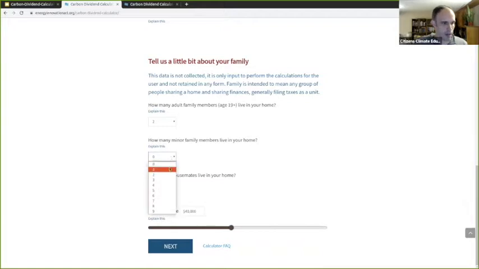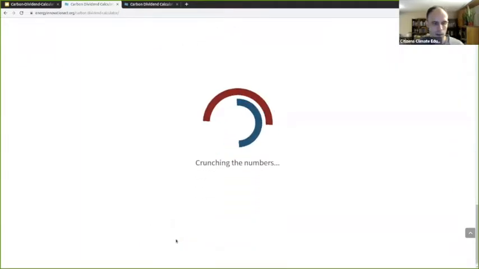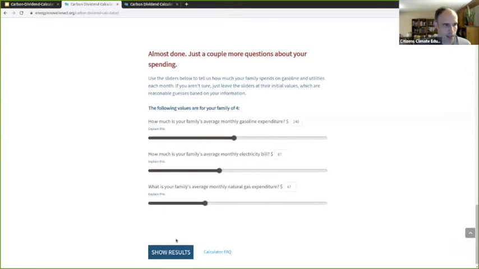First, I'm going to fill out information about my family. And this is a new question here that shows up because of the selection we made under the living situation section. So if I hit next, I'm going to enter my zip code. And then what that's going to do is it'll bring up an estimate of utilities based on the information that I provided, including zip code. And then if I go on to show results,